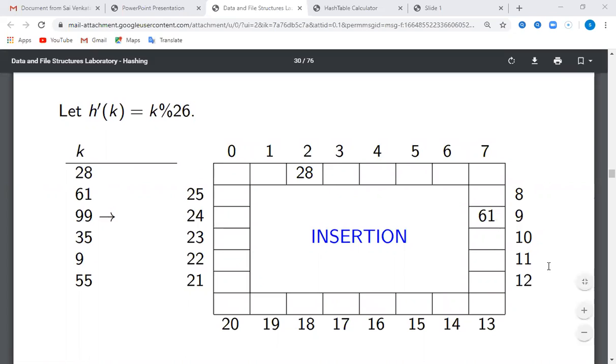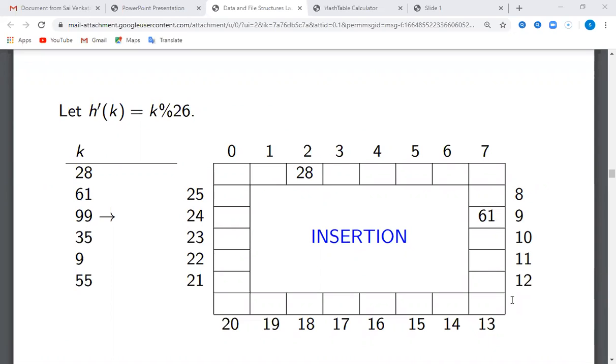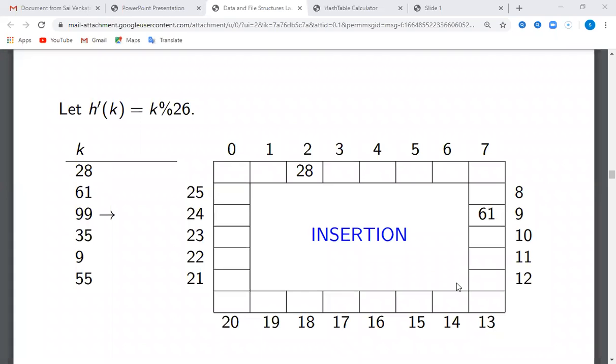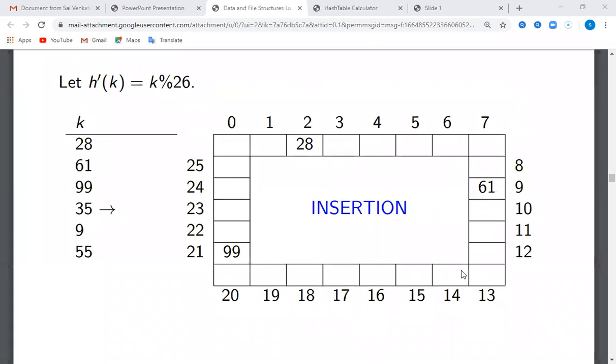So in the ninth location we are going to place 61. Next, 99 modulo division 26 gives 21. In 21 we are going to insert 99.